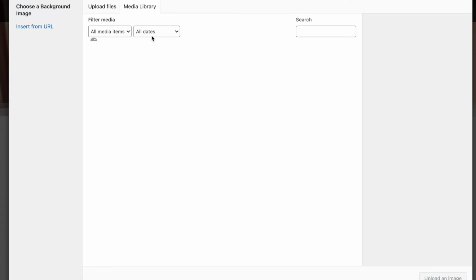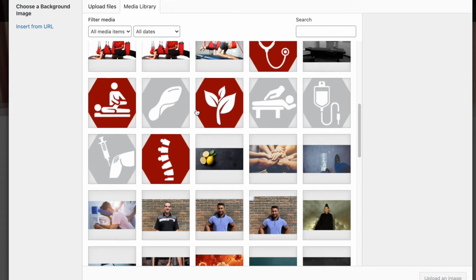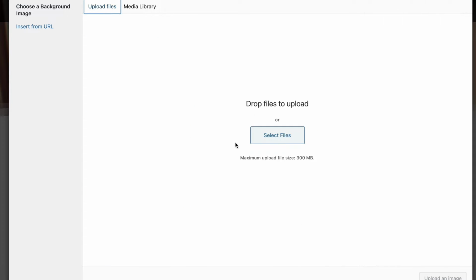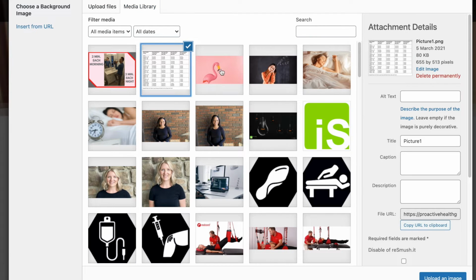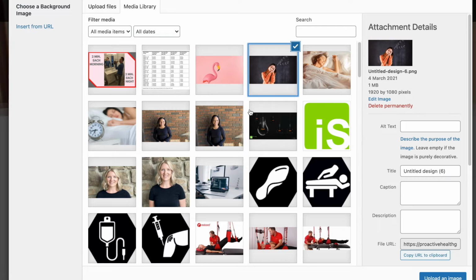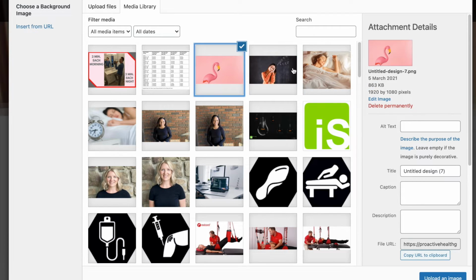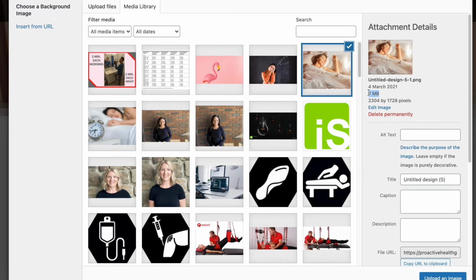You can click the gear, and then you can either locate something that's already in your library, or you can upload a new photo. One thing of note here: you see some of the images that are here right now. This one says that it's 1 megabyte in size. Okay, not bad. This one's 2 megabytes. I'm going to say right now that is way too big. When we're uploading any images to websites, you're trying to keep those under 1 megabyte in size,